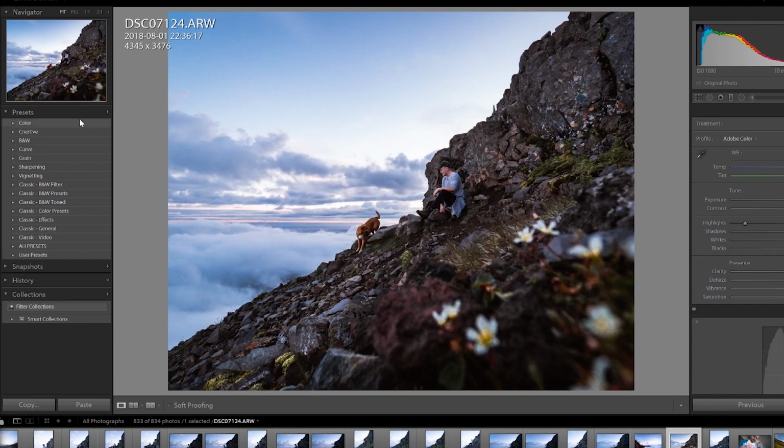My name is Arnoldur, and this is just going to be another quick tutorial showing you guys how to install presets in Lightroom. So once I didn't know how to install the presets and it got me a little bit frustrated, so I thought to myself, hey, why not just show you guys how to do this? So to install presets is actually super simple.